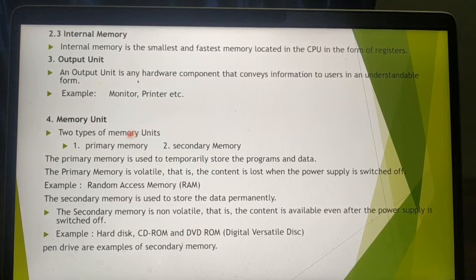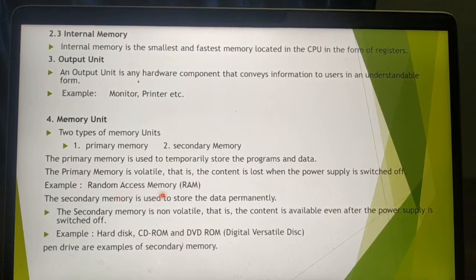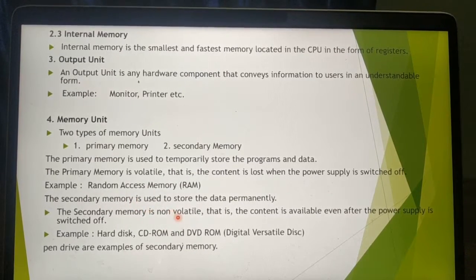Then memory unit. There are 2 types of memory unit: primary memory and secondary memory. Primary memory is used to temporarily store the programs and data. The primary memory is also a volatile memory. Volatile means the data will be lost after the power is switched off. Example: random access memory. Then secondary memory is used to store the data permanently, which is non-volatile memory. Non-volatile means the data will be available even after the power supply is switched off. Example: hard disk,